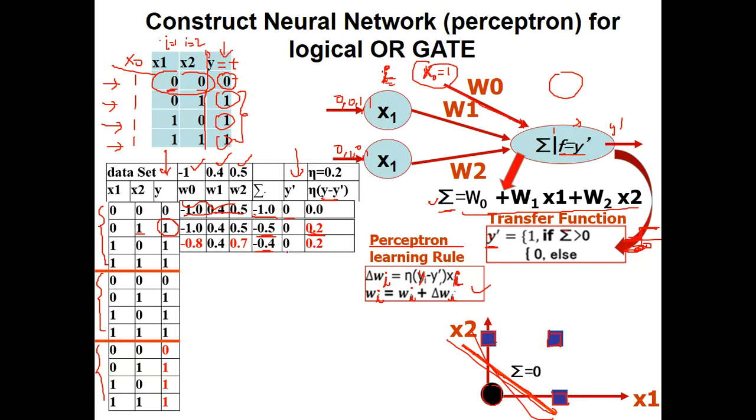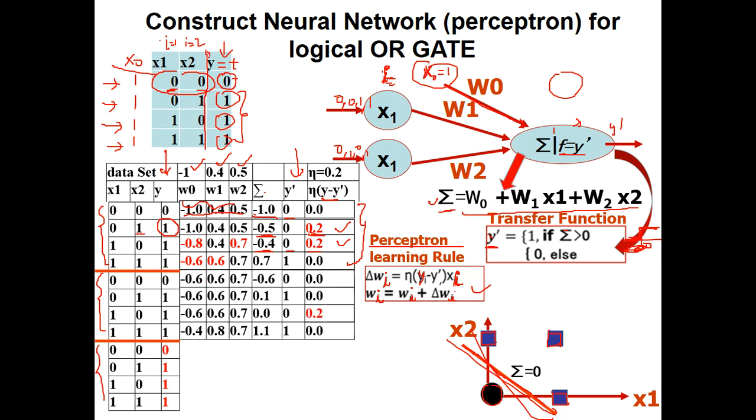Again you compute sigma. In fact, I instruct you to take a pen and paper and try to do it by yourself. Again you compute y dash, then y minus y dash. As again the change in weight is non-zero, the weight will change in the next iteration. Like that, one whole epoch is completed. In this epoch, a mismatch occurred 2 times, a mismatch between actual y and observed y. It means we have to go to the next epoch.